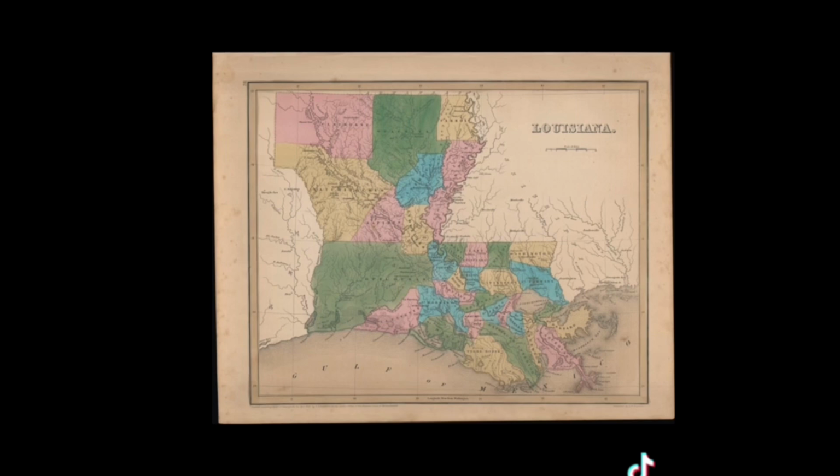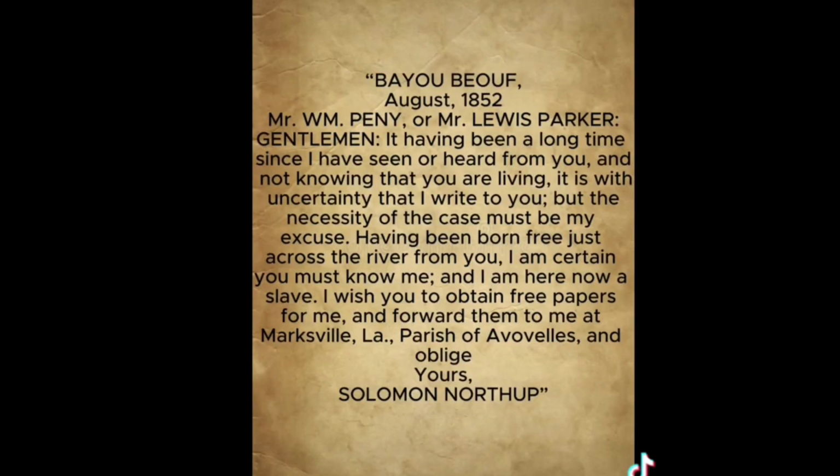When he left the hospital, Freeman wouldn't sell him to anyone in the area, and instead sold him to William Prince Ford, who resided in Rapides Parish, Louisiana, where he lived and worked as a carpenter for a little more than a year. Ford then sold Solomon to John Tibeats, and he in a short time sold him to Edwin Epps in the Bayou Boeuf, about 130 miles from the mouth of the Red River. Epps held on to him from 1843. This all changed when a letter was received in August of 1852. Because of this letter, Henry Northup got help from the authorities and eventually tracked down and freed Solomon.